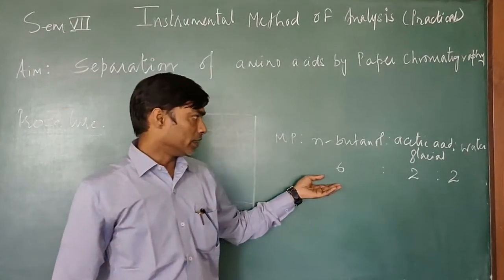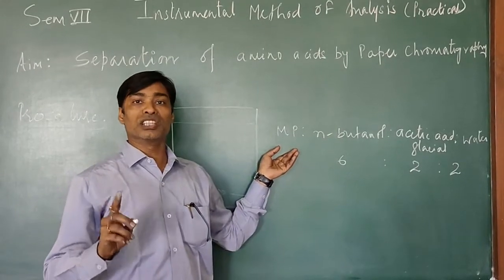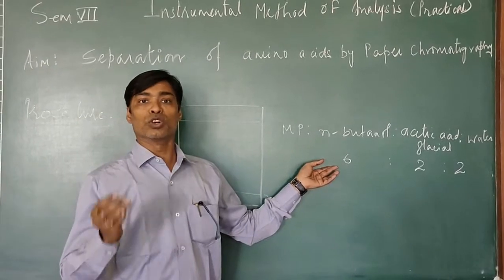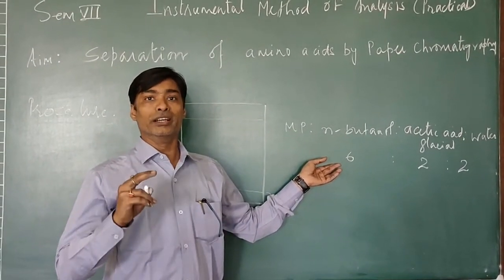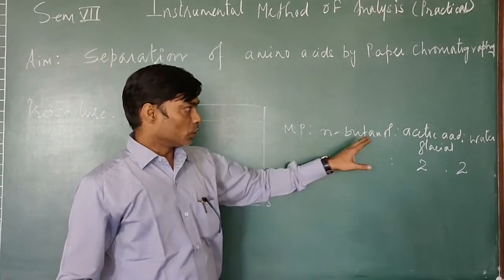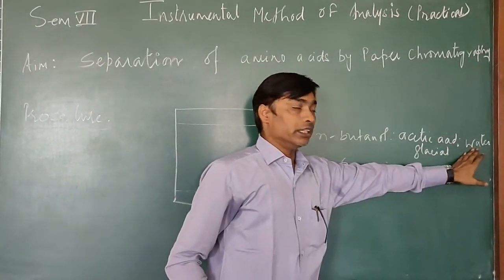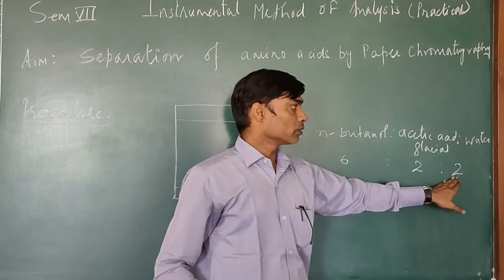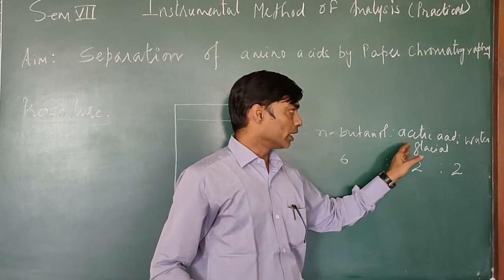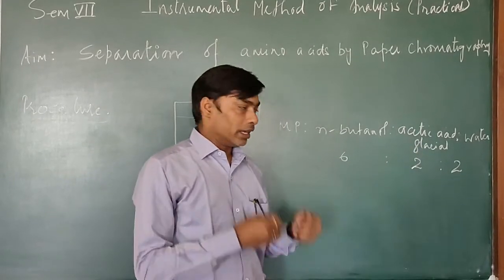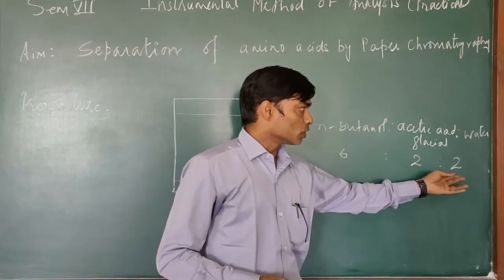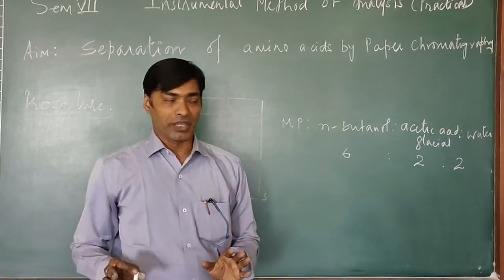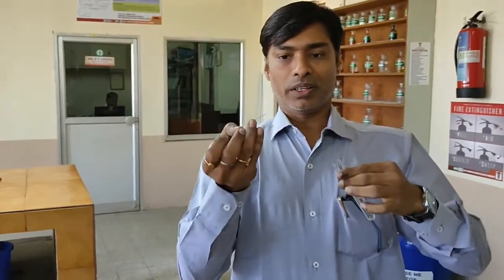Here what is important is the mobile phase should be one single layer. It should not lead to formation of any emulsion, or there should not be any two layers within the mobile phase, because the solubility of water and butanol is a little bit problematic, so we have to add the water cautiously. The glacial acetic acid will help us in dissolving this much quantity of water, and we will get a single layer of the mobile phase. So this is the capillary.